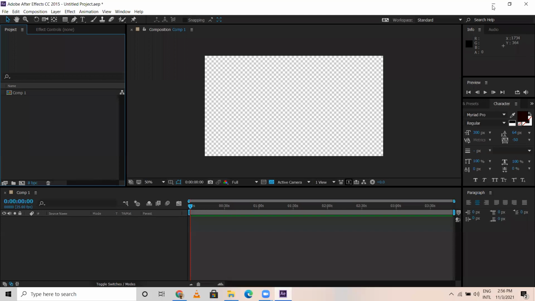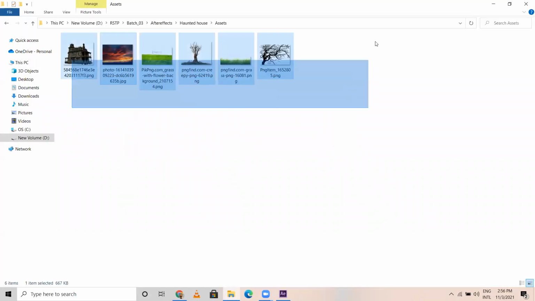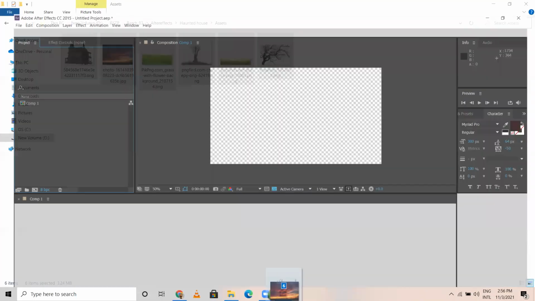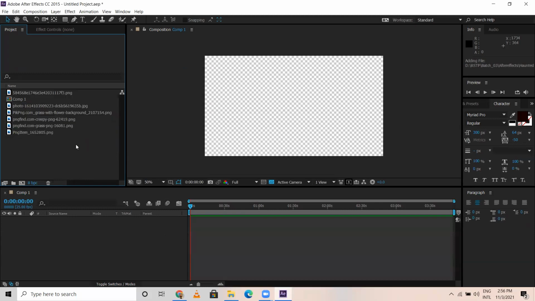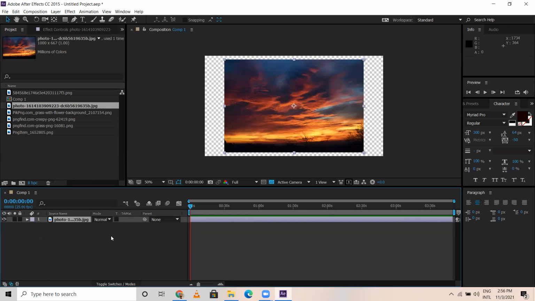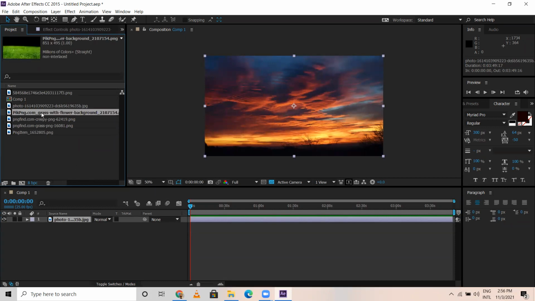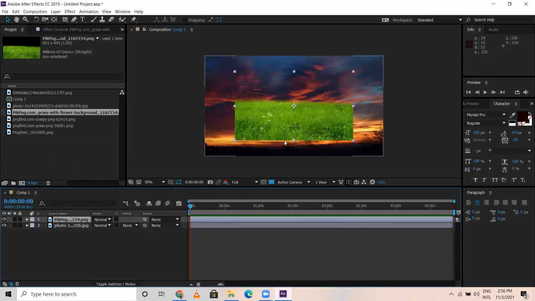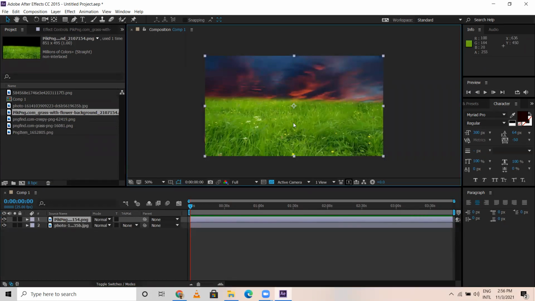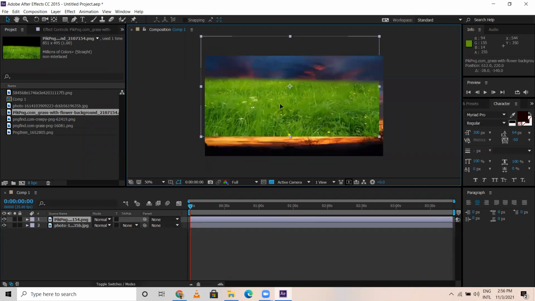First thing, I need sky. I'm gonna import. Let me import all this first into After Effects like this. Okay, all this is there. So first in the background, I would like to have sky, and I'm selecting this, Control Alt F, fit to screen. Okay. Then I need this grass on top of this. Control Alt F. Seems there is something here which is written on this PNG.